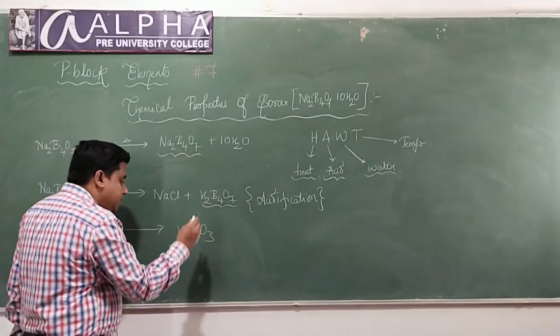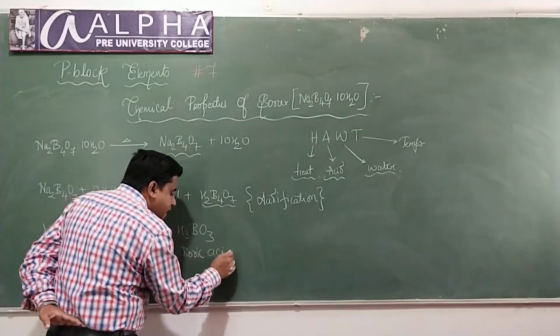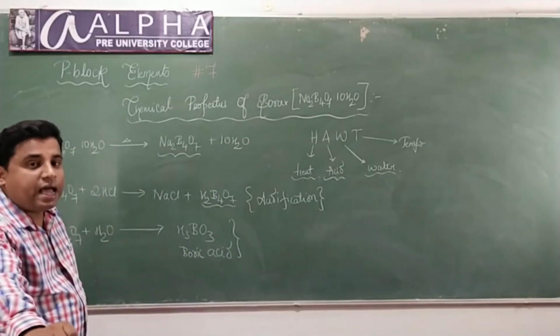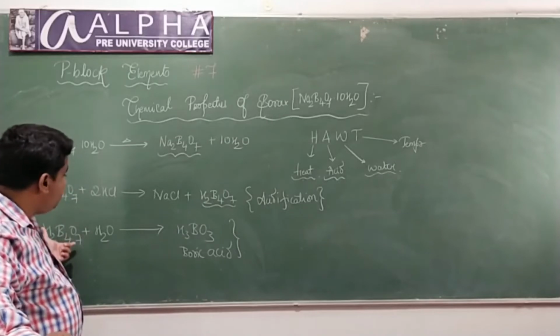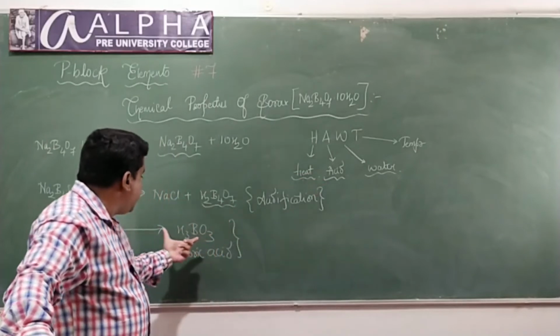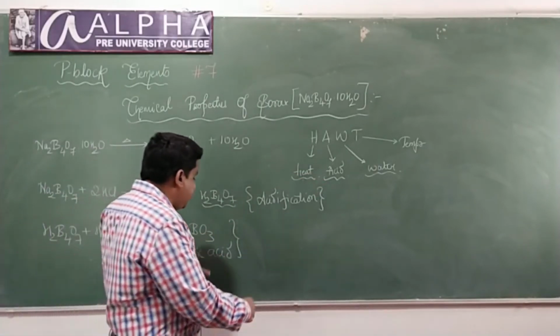H3BO3. This is nothing but boric acid. What is it called? Boric acid. H3BO3 is called boric acid. Are we clear? Okay, so H2B4O7, metaboric acid, when it is treated with water, we will be getting boric acid. And in the last step, take this boric acid,